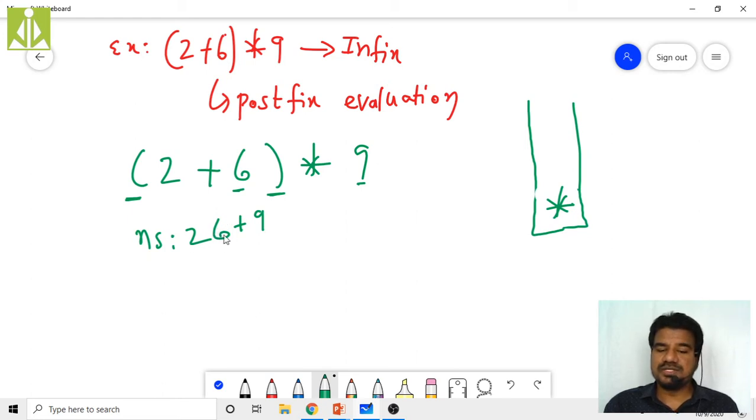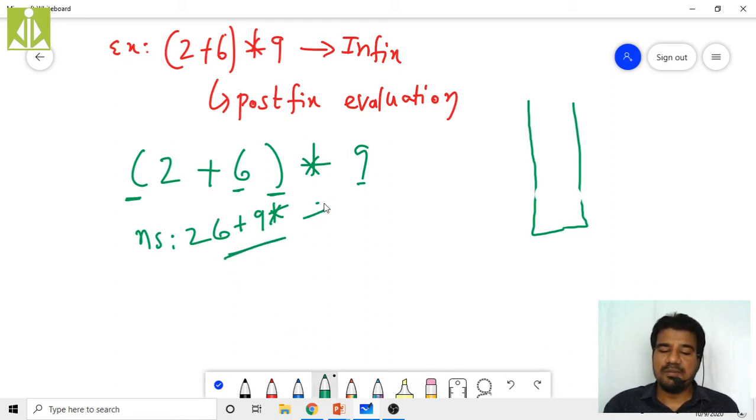So 2 6 + 9, and then multiplication. Once this 9 is scanned, there are no more characters to scan, so we empty the stack by popping all the operators. We have only one operator, multiplication, so we popped that one and added it to the output string. Now this is my postfix notation.